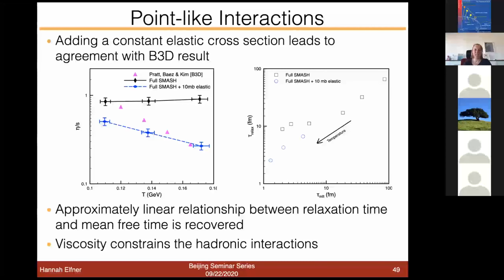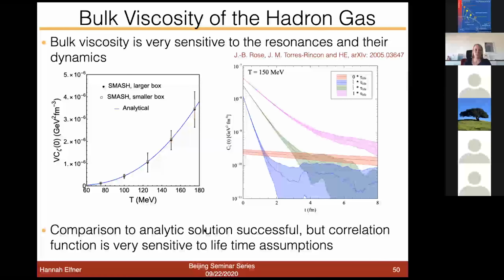So we didn't stop at the shear viscosity, but also calculated the bulk viscosity. And the paper is currently on the arXiv here. The bulk viscosity by itself is also very sensitive to the resonances or inelastic collisions, or basically particle number changing processes, which are mainly going via resonances in our case, because this is inherently what allows bulk dynamics.